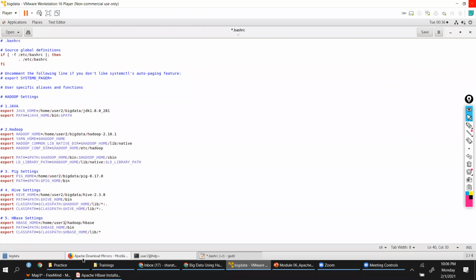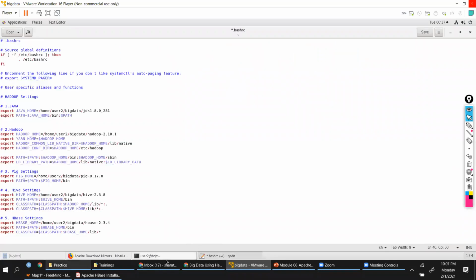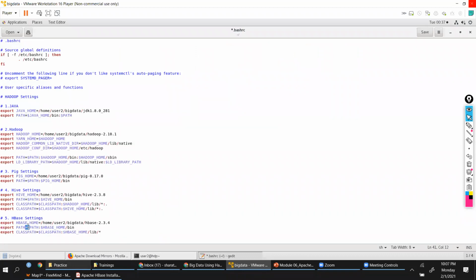I have user 2, this is big data. The folder name is big data for me. And I have hbase-2.3.4. You have to remember the names. That's my software location. And these two will remain the same because it is picking up from this location, the HBase location. Save these HBase settings. You can close this.